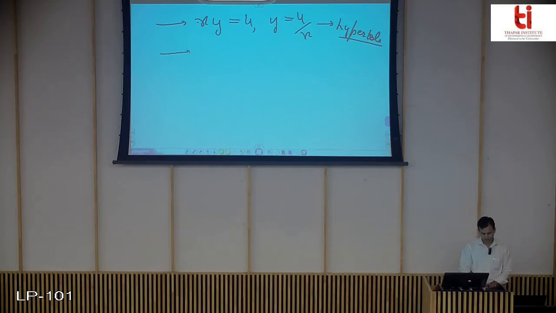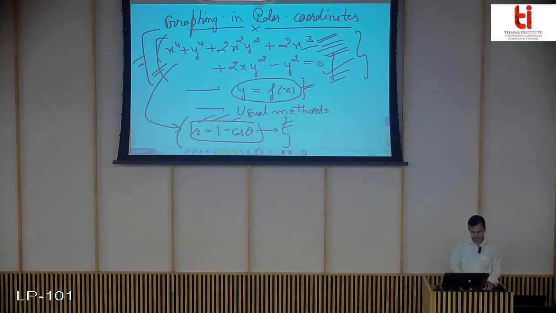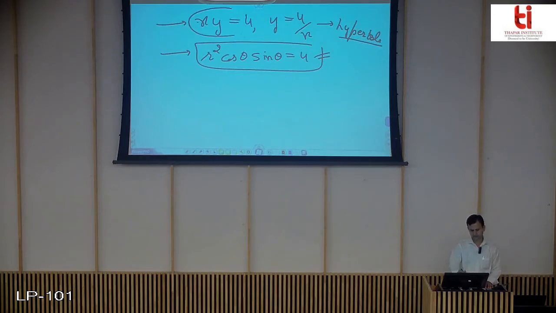And here the polar equivalent is r² cos θ sin θ = 4. You can see here, it is difficult to plot this polar curve. At the moment you will not be able to understand why it is that difficult, but at least from the expression you can see. Here it was a long expression, here you get only this, and in polar it becomes this one. And when we do the graphing in polar coordinates, we will see that this graph is not going to be that easy as compared to Cartesian coordinates. So this is the reason that we switch to polar coordinates.